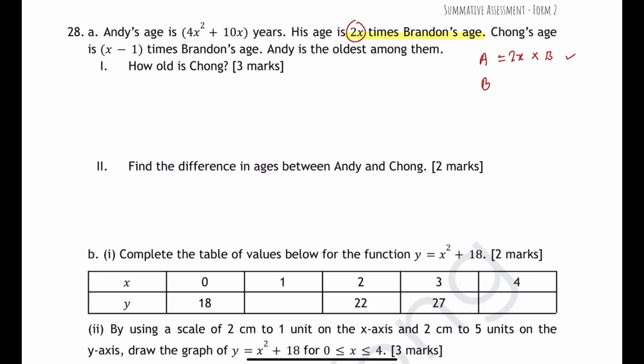Then Chong's age is x minus 1 times of Brandon. So for Chong, it is actually x minus 1 multiplied with Brandon's age. Okay, and Andy is the oldest among them. How old is Chong? So from here, again, in order for you to get your B, you can utilize this